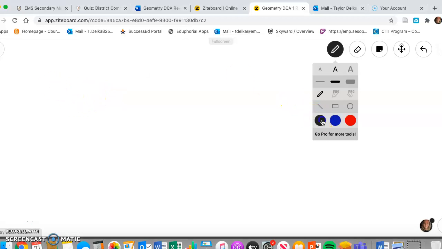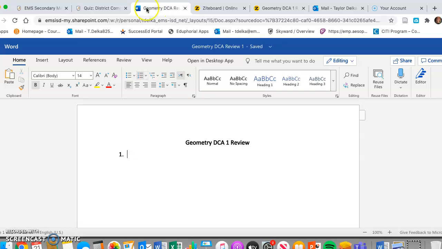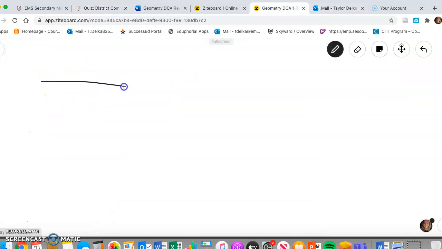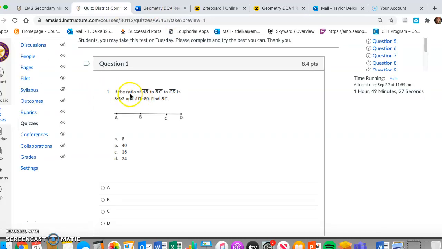So getting started, I wanted to look at the equation that they give us. And so they give us a line segment. We're going to go back here. We're going to start talking about it. So here is this line, and they put A and B, C, and D. Okay. And going back and looking at it, it says if the ratio of AB to BC to